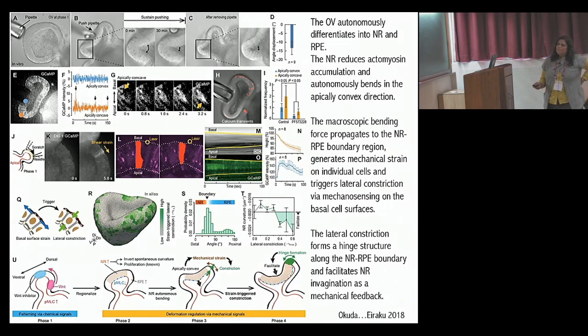And so one of the things they're suggesting is that the way you can generate a complex architecture such as this double-walled cup in a dish in the absence of external signals is by, so essentially what they've demonstrated is once